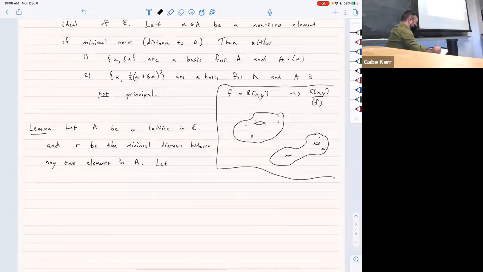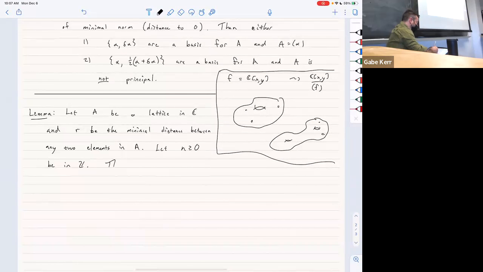And they said, all right, so let's let n be a positive integer. And then here's the statement. The statement is the interior of a disk of radius 1 over n times r about a point 1 over n times gamma contains no